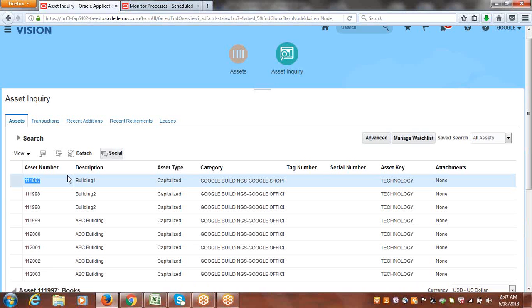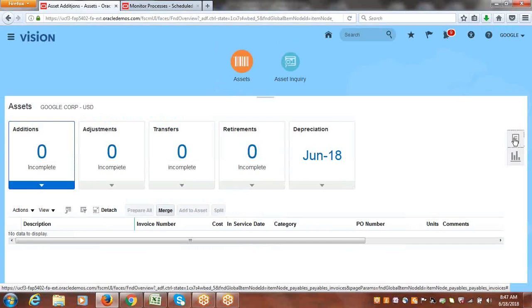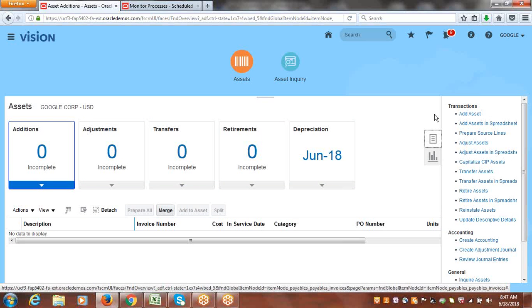So just copy this asset, and we'll go and do some changes to this asset. System should roll back. The reason is the depreciation which we submitted is draft mode only. In case of draft mode, rollback is automatic. So go to